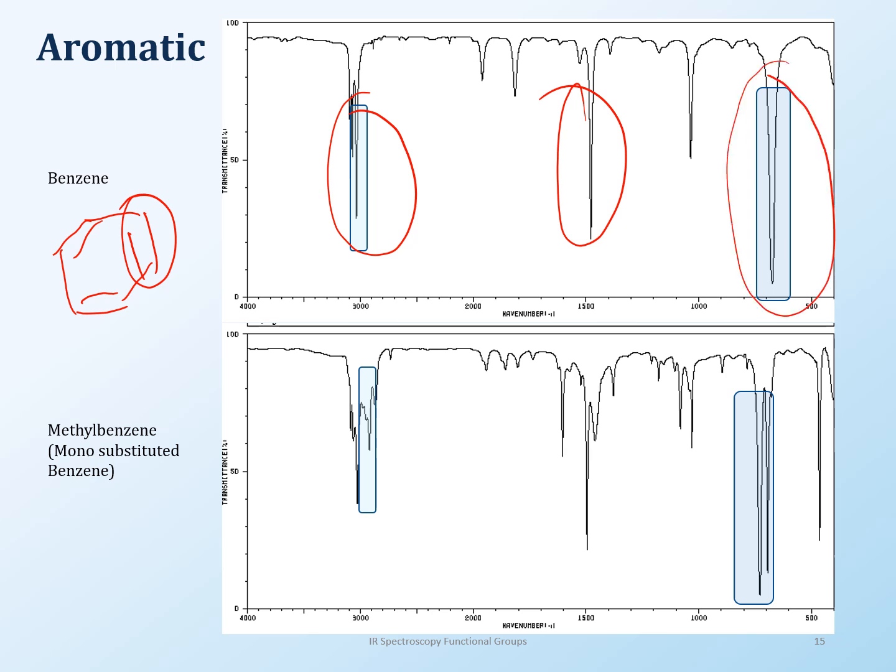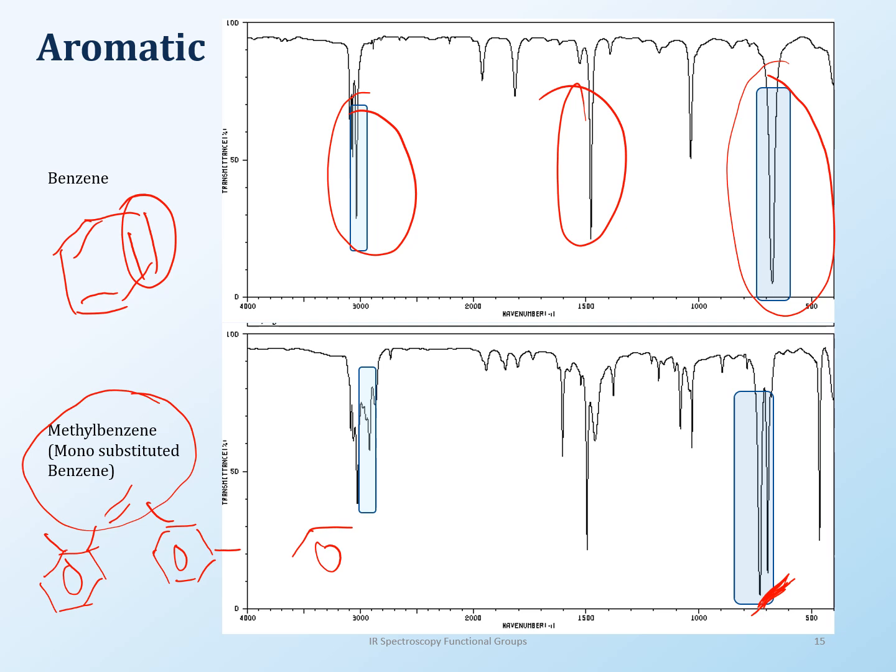And what happens with these peaks, and this is the fingerprint region, this is the only time I will venture into the fingerprint region, is that when you have substitution on the benzene ring, then you start seeing splittings over here. So if you see a split here in the peak, that tells you that you have a mono substitution going on. Now, we're also going to learn, or you may have already learned about ortho, meta, and then